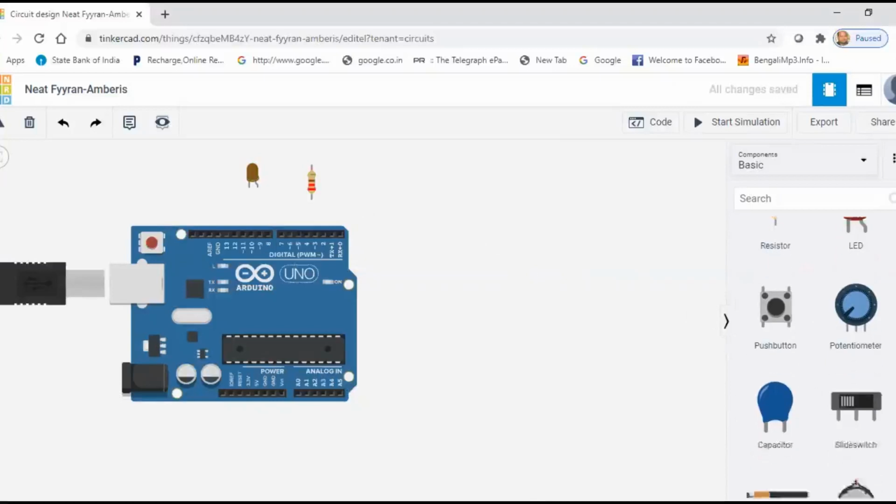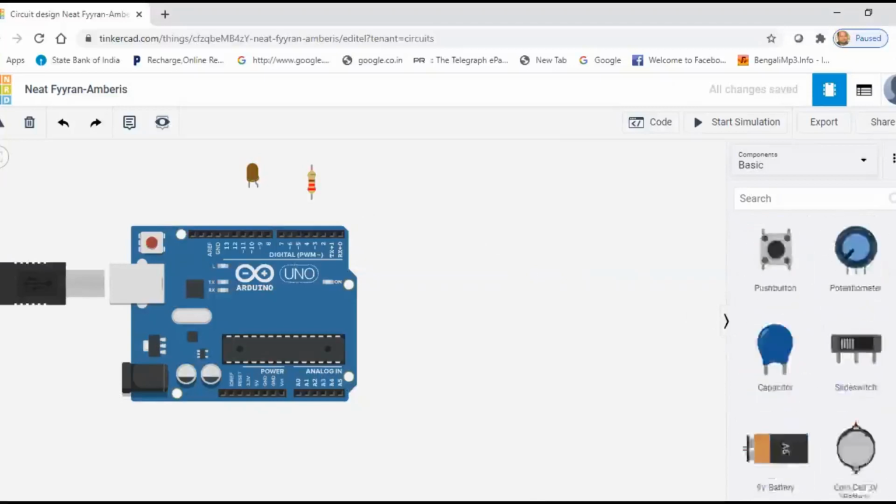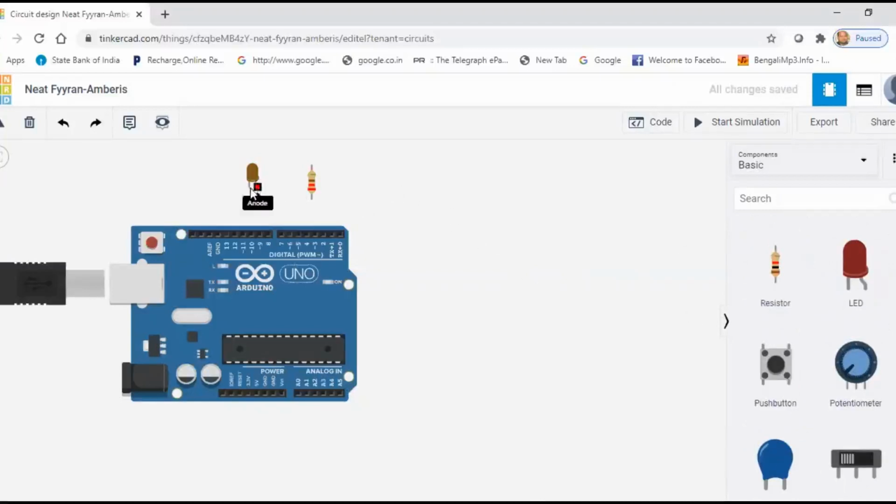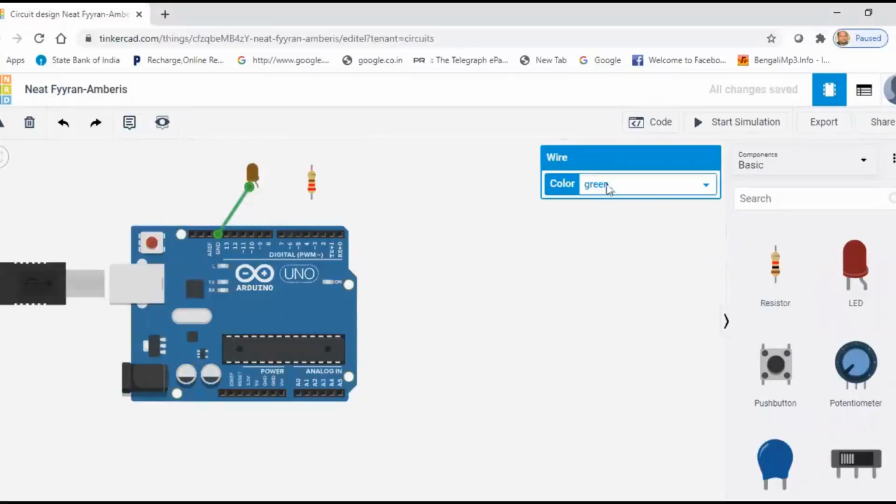Then we are going to connect. This is the cathode terminal, so we are connecting this cathode terminal with the ground by this wire connection. The color of this wire you can change. Here it is green, but usually the ground connection is black.